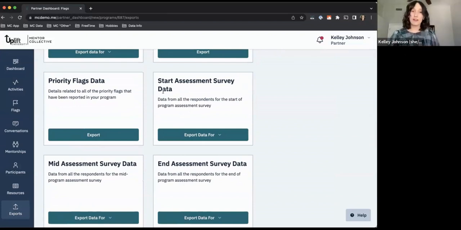So as soon as your start assessment goes out to your mentees and mentors, you'll see this card pop up where you can decide to export the mentor or mentee assessment information. And just like Annemieke said, it will have all of the information in there. So all of the raw responses, including any open-ended responses. So there's a column for every single question or every single prompt that shows up in that survey, and then a row for every person who completed it. So you'll be able to see everything that came in, and then insert that into any kind of student information system or anything else that you're using to analyze student data.